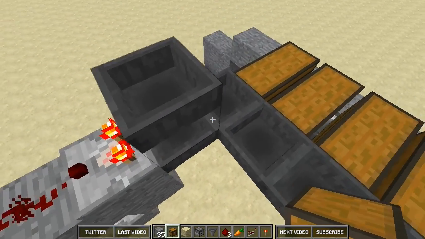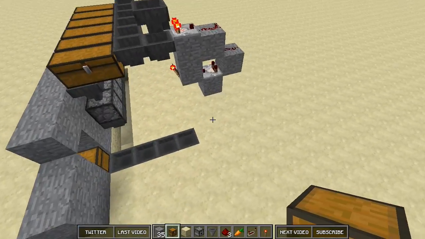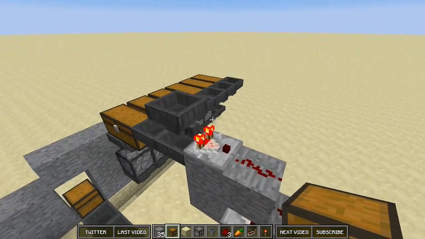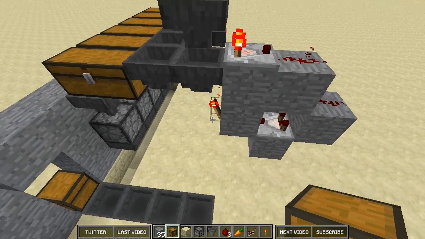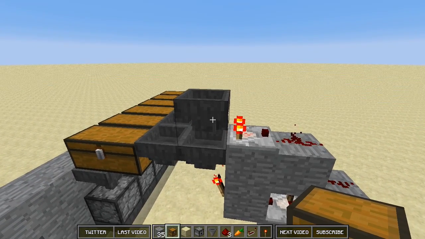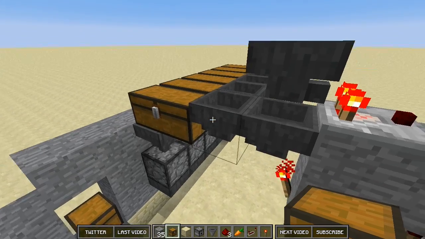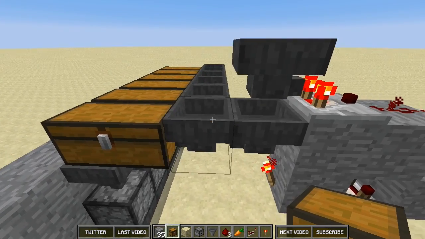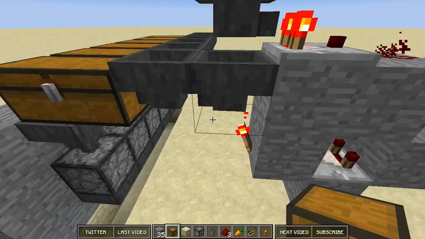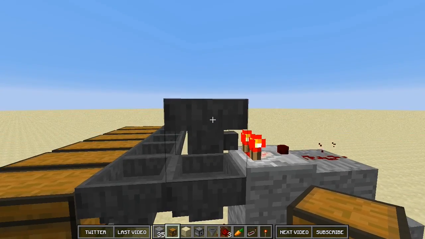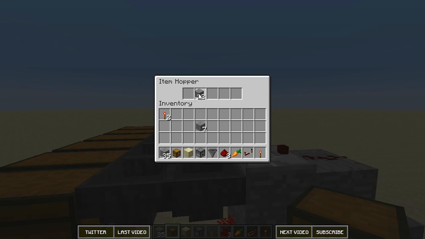I'm going to go ahead and explain this to you, and you can also tell that I removed the clock. We're going to put that back in now that we have our final location set. I just wanted to show you how to build it before. So what you want to do is get your location for your chests and everything set up. You want to have one hopper just going directly into it, and then you're going to have another one that's going to be holding redstone so this one can filter. And this thing right here, you're going to do it just like this, and